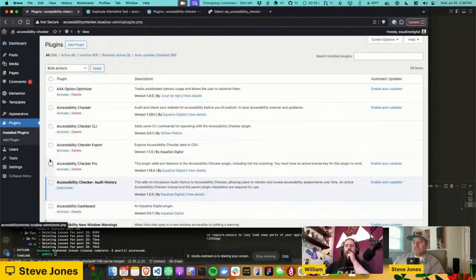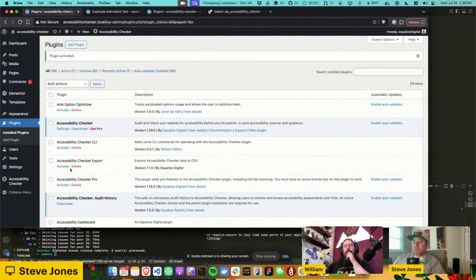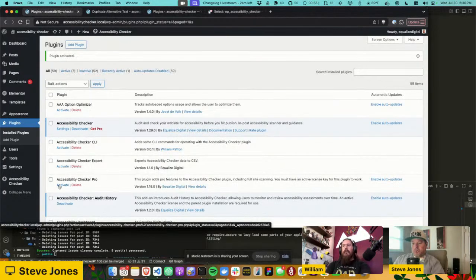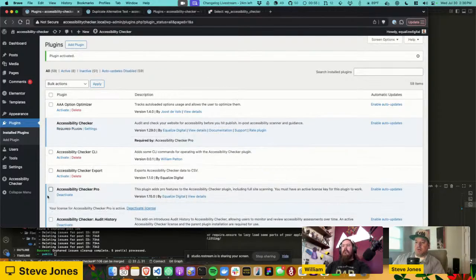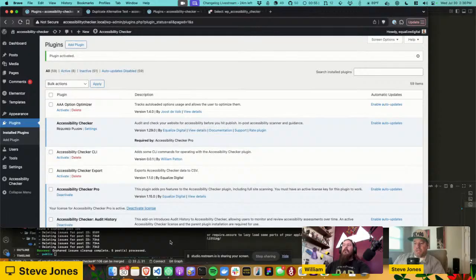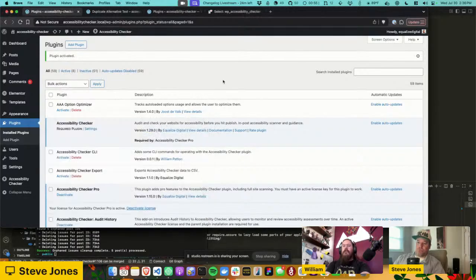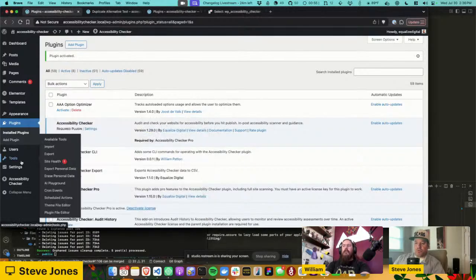So now if I go back and reactivate Accessibility Checker, and this will actually clean up just with the free plugin. You don't have to have Pro installed, but I'm going to turn Pro back on. And now if I run that CLI command again, it'll delete them, just like it did before. But since we're here in the admin, I want to show you the other way to manually trigger this. And it's just using a plugin called